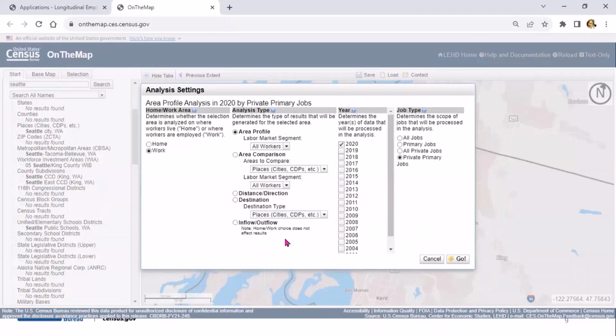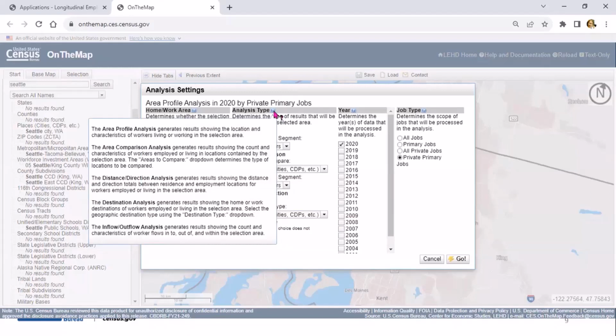And then the inflow outflow tells you how many people travel into the area to work, how many people live and work in the area, and how many people travel out of the area to work.